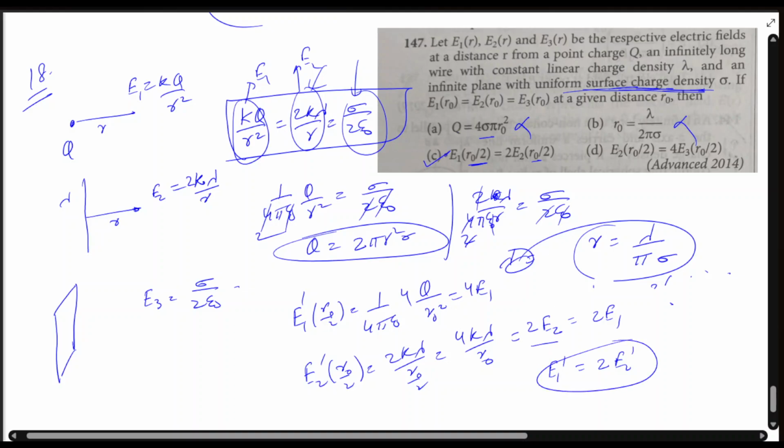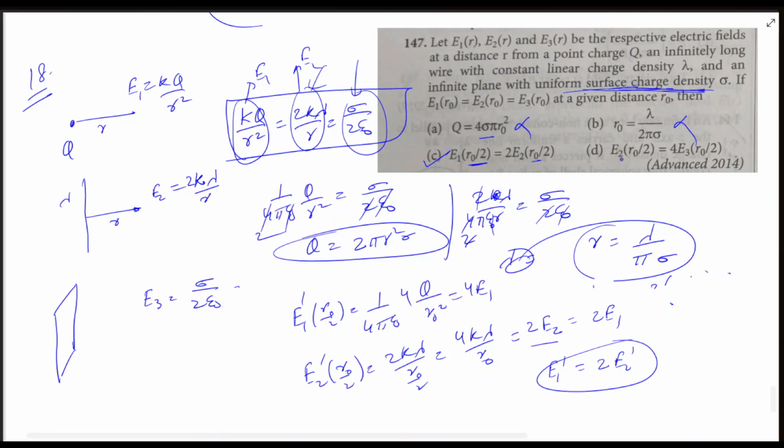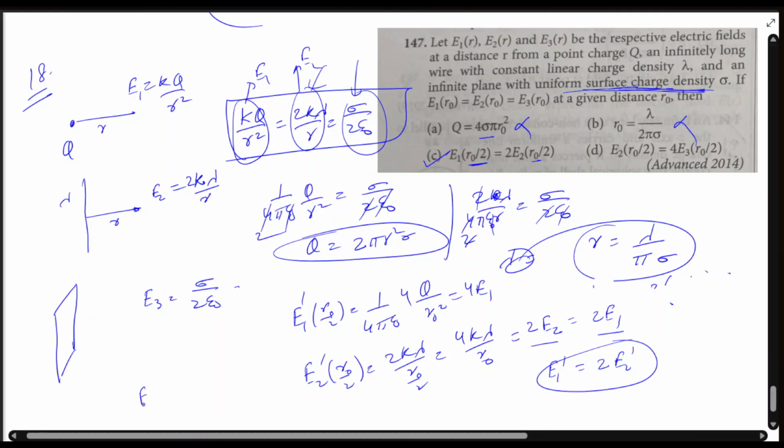Yes, and this option is saying right. C is correct. Okay, let's check this option also. So E2 for R naught by 2 we have already calculated is 2E1. And for E3, the effect of R is nothing. So E3 dash, which is R naught by 2, will be simply E3,